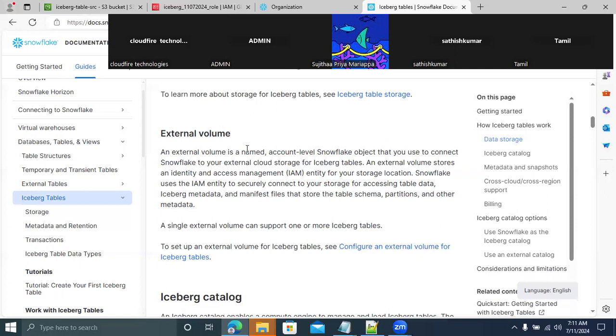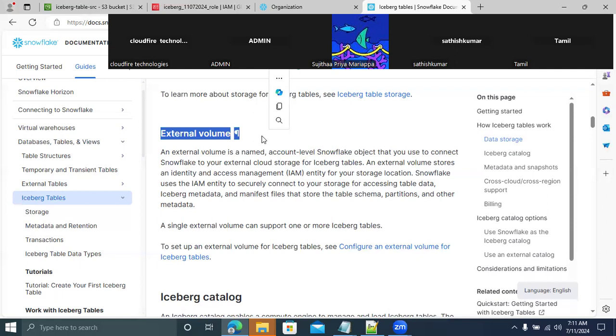It's simply like a connector, used to connect Snowflake and